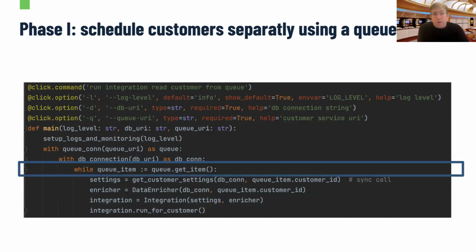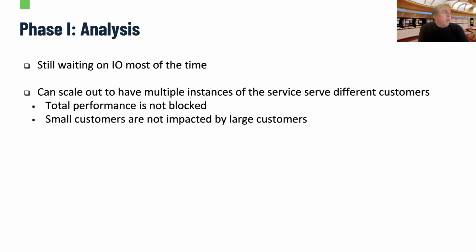So how does this help? So what we can do now is we can scale out. So we can have multiple instances of this specific code run together, each on a different customer. And assuming that they're not dependent, then small customers are now not impacted by the size of large customers, and the time that you want to run this is at most the time of the biggest customer, right? So you can scale out as much as you want, and the time that this whole process takes is the time of the biggest customer.